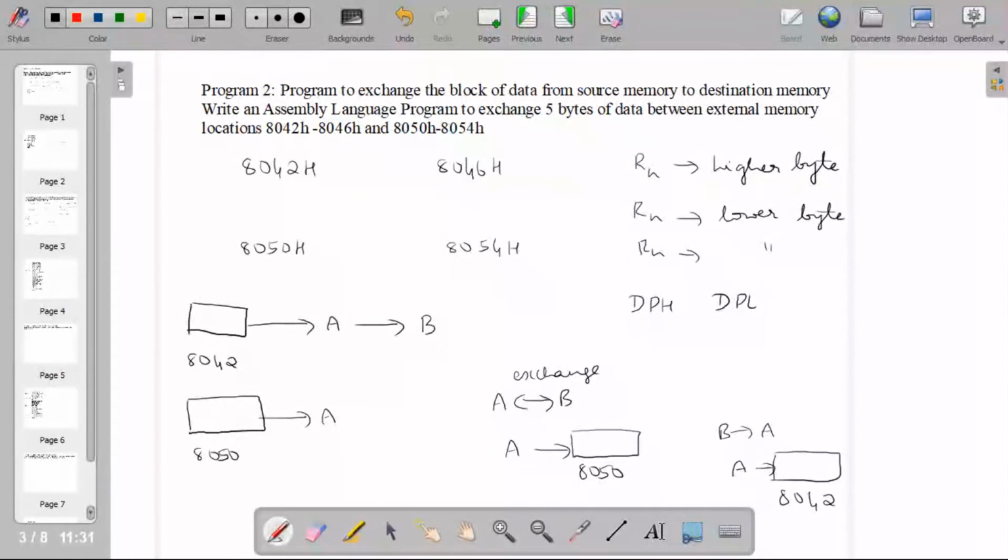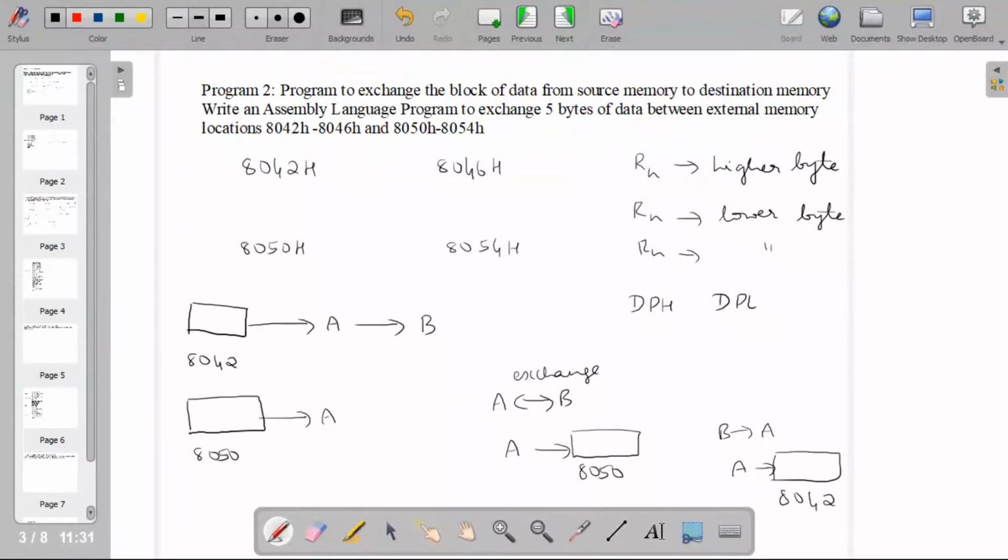So the register which is storing the lower byte will be incremented and that particular value will be loaded to the data pointer lower byte, and then the data pointer will be pointing to that particular memory location and the data will be retrieved and the exchange will be done and the data will be restored. So in this way each memory location has a transfer of data done, that is exchange of data is done between the memory locations.